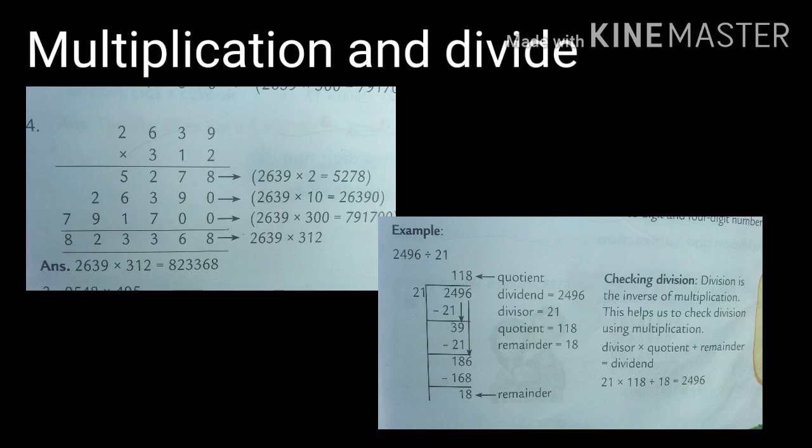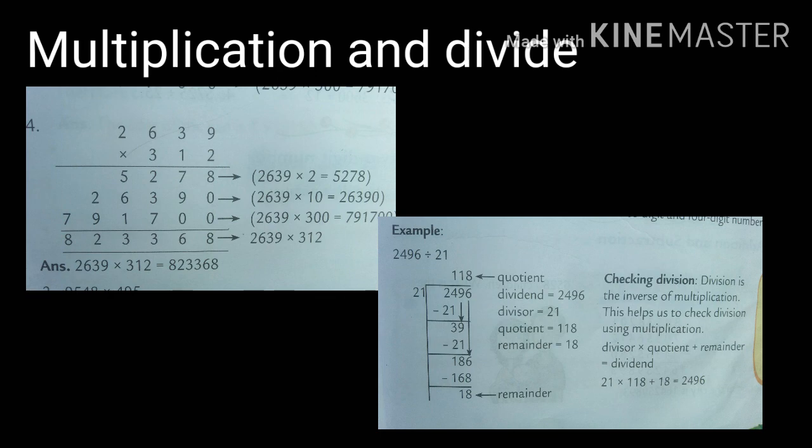Now see the next example, which is of division. In division, we write the divisor outside, which is 21, and the dividend, which is 2496, inside. Now we start taking numbers according to its table. We match the number. If it is not suitable, we take the number which is smaller than the given number. The remaining number which we get here, which is 18, is called the remainder. You can see the dividend, divisor, quotient and remainder in the questions.